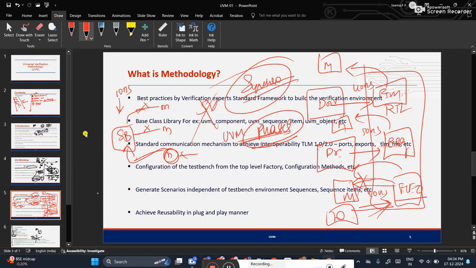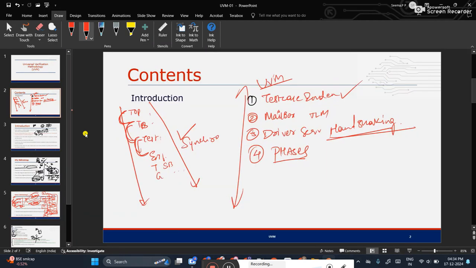Getting my point? So that is why, if I send all the three data at a time, those three data will be compared in the scoreboard. So that is what is actually called synchronization, which is maintained here in the UVM. So these are some of the 4 points that you can mention. Some of the 4 points I'm telling, there are n number of points, because every day whatever I'm teaching, all these are new concepts that are enhancing your SV subject. One by one you have to make a note of the topics only, in fact.